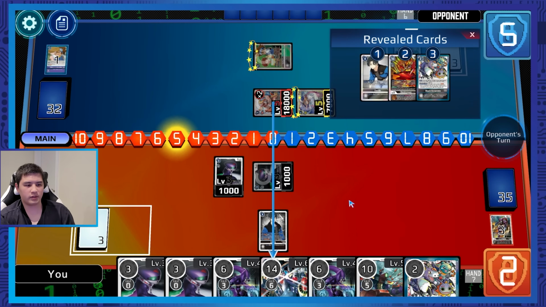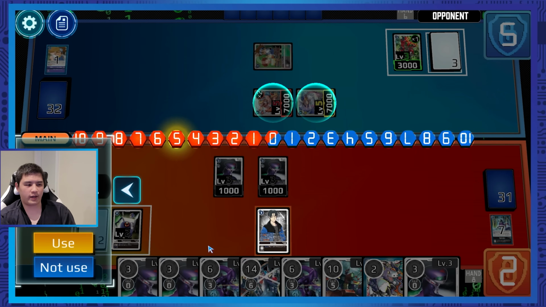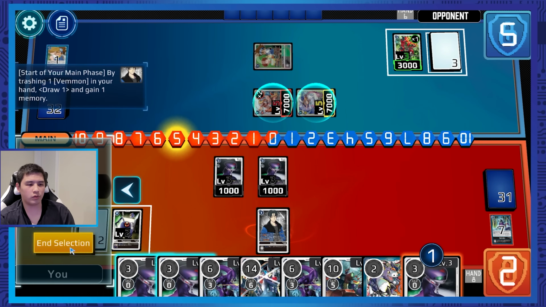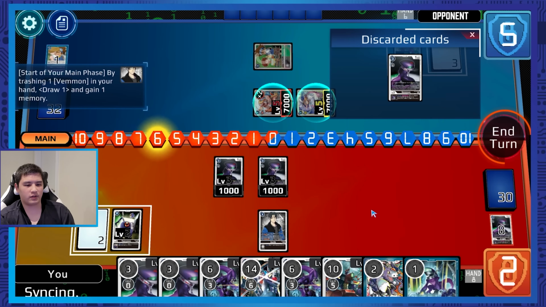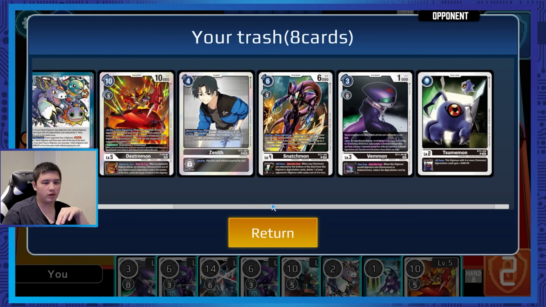Yeah, I would use it and trash the rest and no Vemmons to play. Okay, we gotta play around the Wargrey Ace. We gotta play around a potential Metal Guard Ace as well. So let's just start with Zenith and Cycle. Then let's just Digivolve here in the back as well, because they don't have a whole lot of Vemmons to